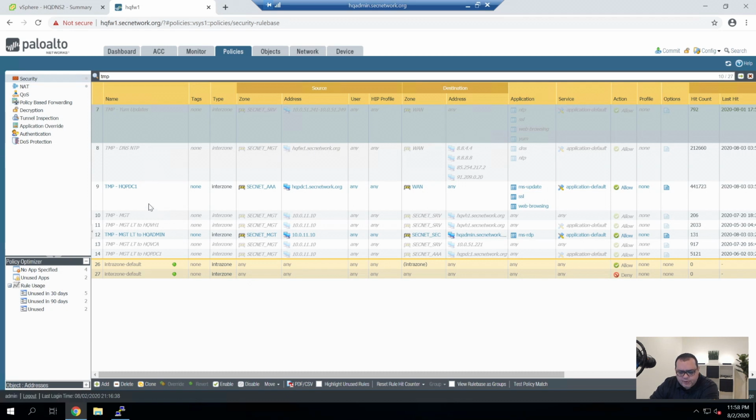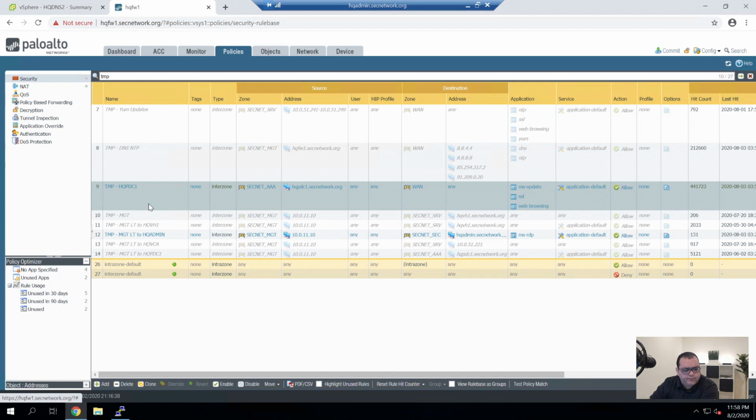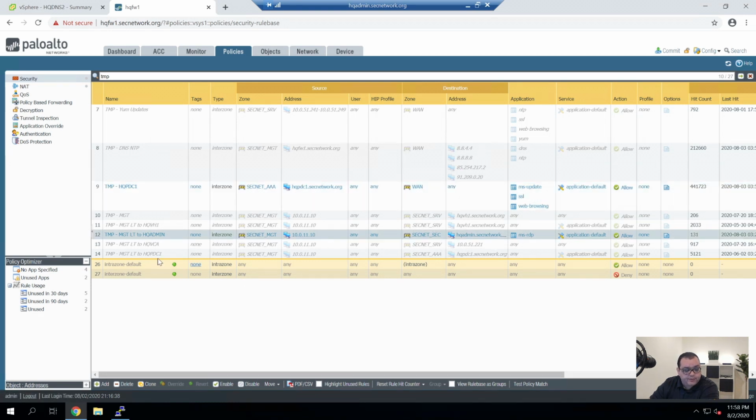So the only thing left to really work on from a temp rule is the domain controller getting updates, and this management laptop that I'm using to get into the admin server.